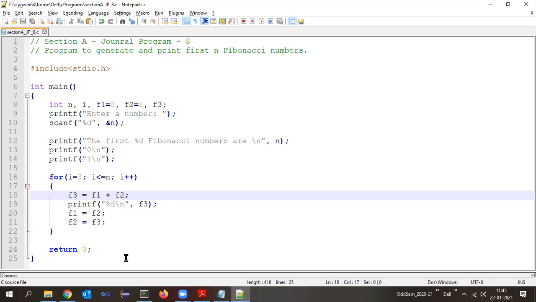Is it true? Yes. True means it has to get inside the loop. What is the first statement? F3 is equals to F1 plus F2. What are the values of F1 and F2? 0 and 1. So add them and get the F3 value. So right there, what will be F3 value? 1. Write in the table as 1.